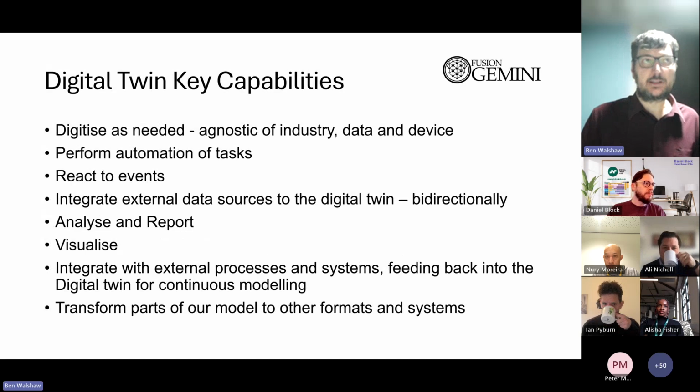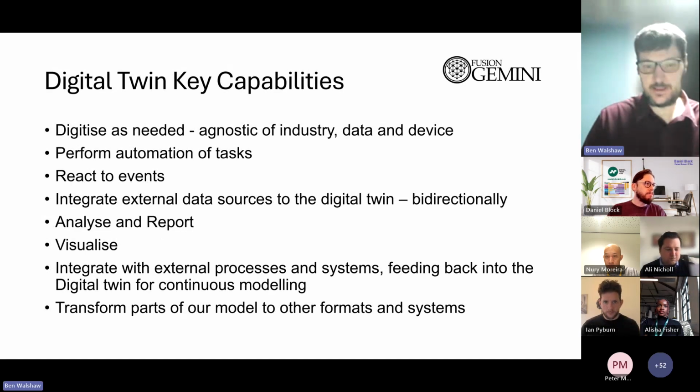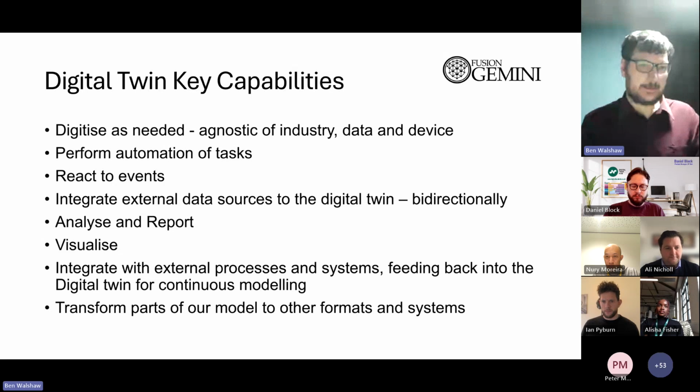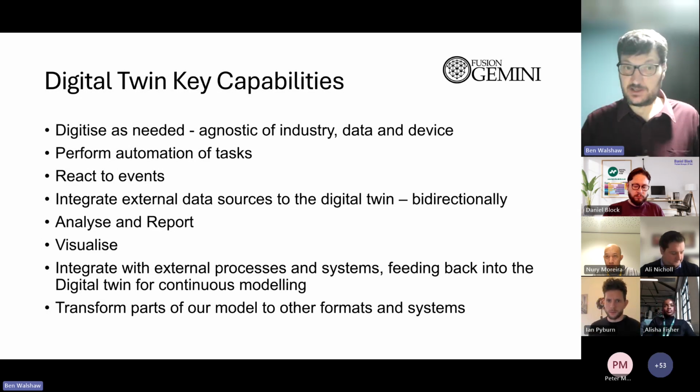And as a digital twin, the way that we look at this is that we are completely agnostic of everything. So we ship with a taxonomy, but it can be blank and you can start from scratch. So what that means is that when you see what we're presenting, it's completely customizable to your industry or to your needs. The way that we use a digital twin, we look at it for being able to digitize anything,